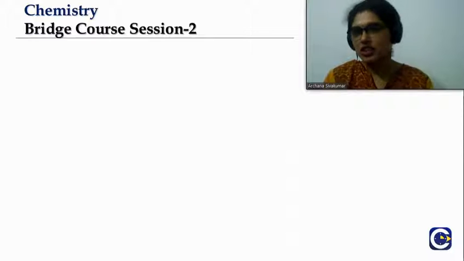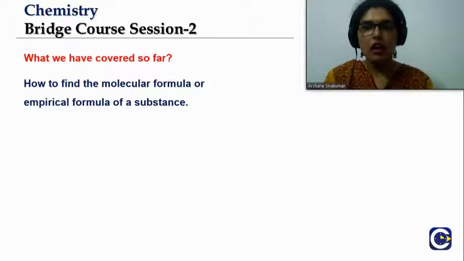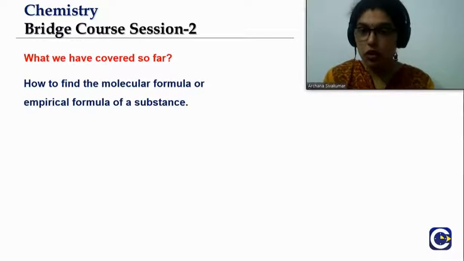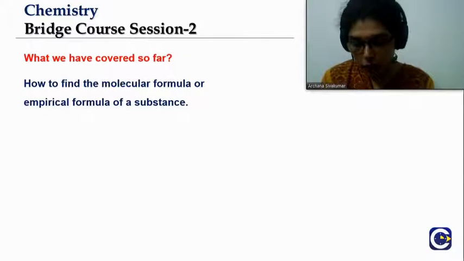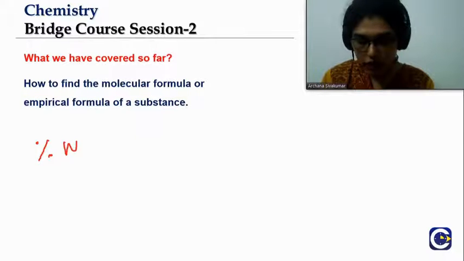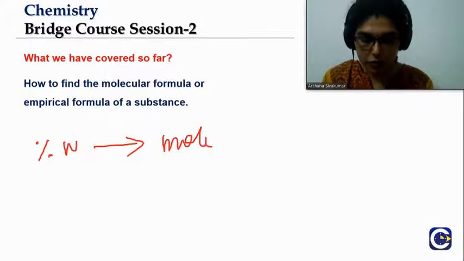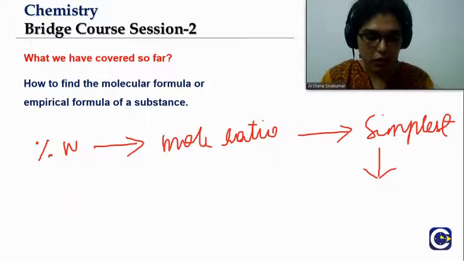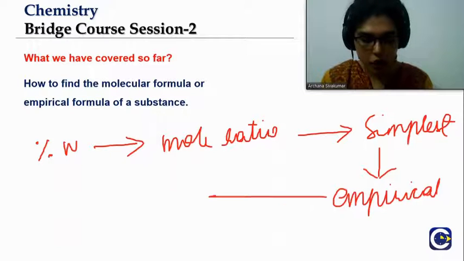So in the last session, what did we read? We read about how to find the molecular formula or empirical formula of a substance. So how did we do it? We know the percentage weight, and from that we calculate the mole ratio, and from the mole ratio we find the simplest ratio, and from the simplest ratio we find out the empirical formula. And empirical to molecular,